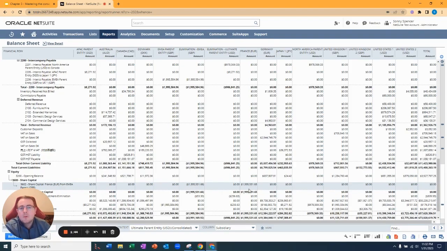These immaterial differences are purely rounding and should be ignored. They will not impact your financial statements. We do see in this case that the net of this account balance is zero at the consolidated level, which is what we want. There are use cases where this balance does not net to zero and we have some